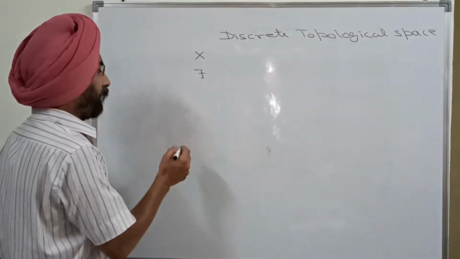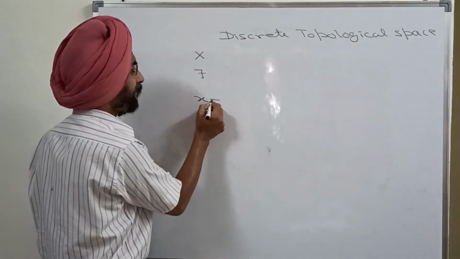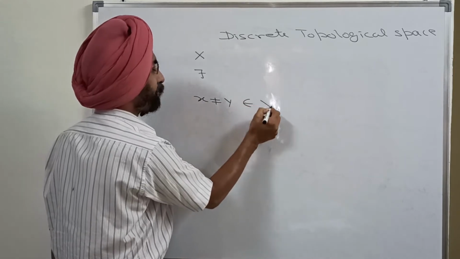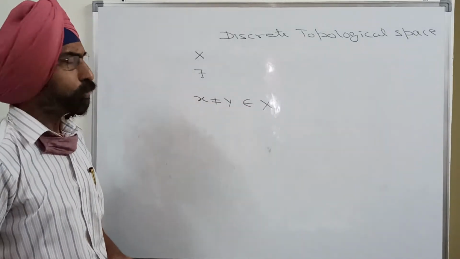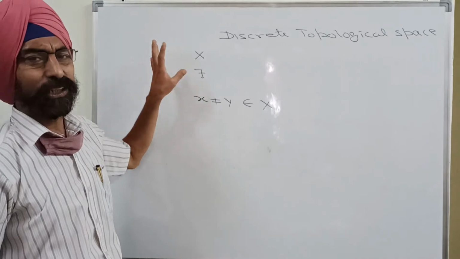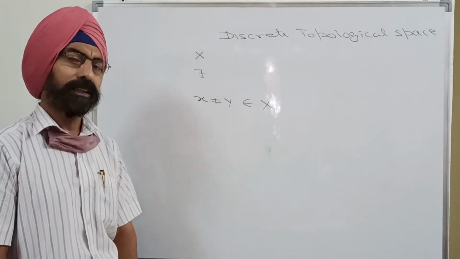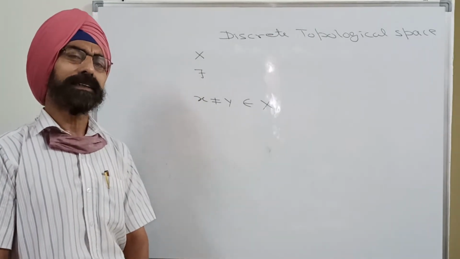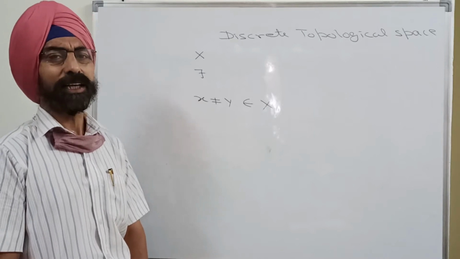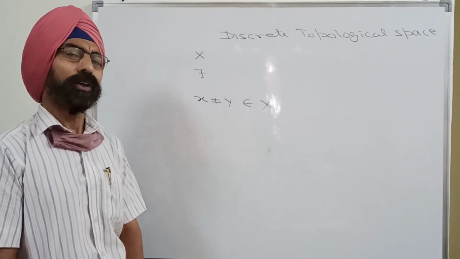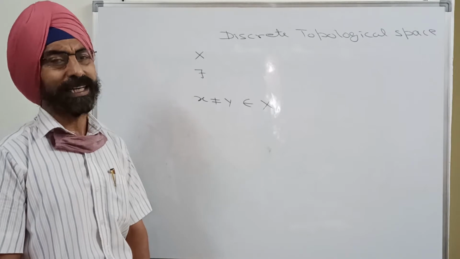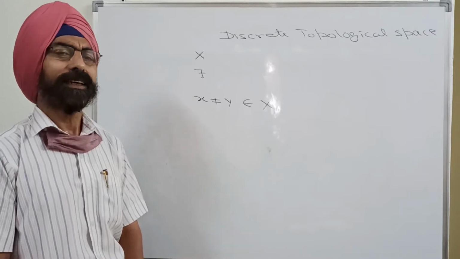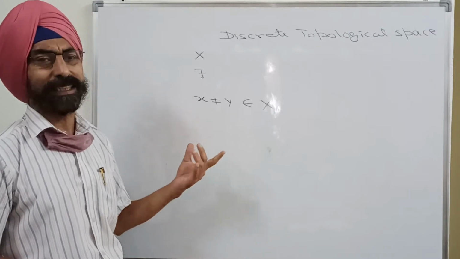Suppose X and Y are two distinct elements of X. To make this topology T naught, we need either an open set containing X and not containing Y, or an open set containing Y and not containing X. And that is very easy to find in this case,